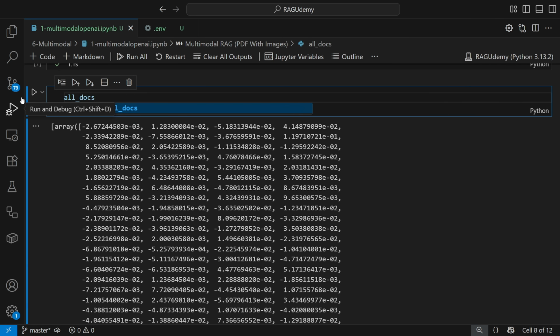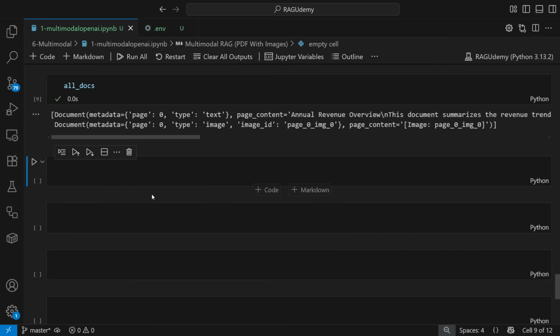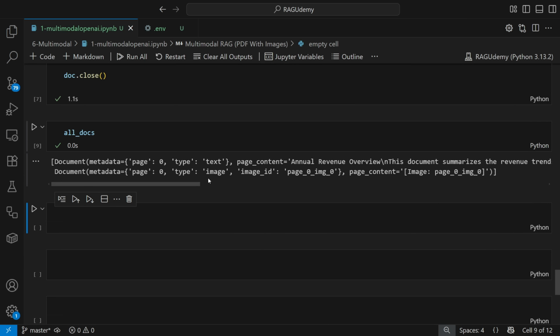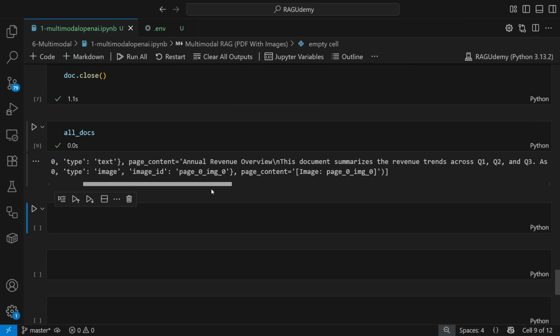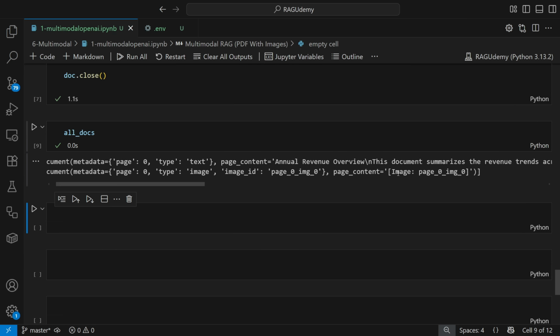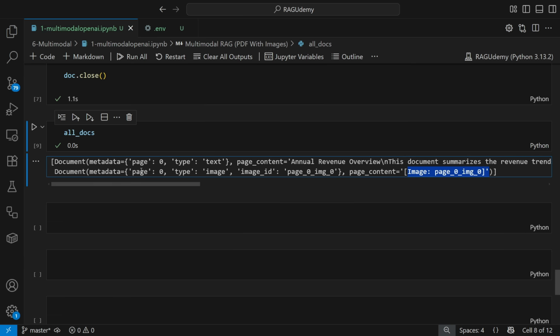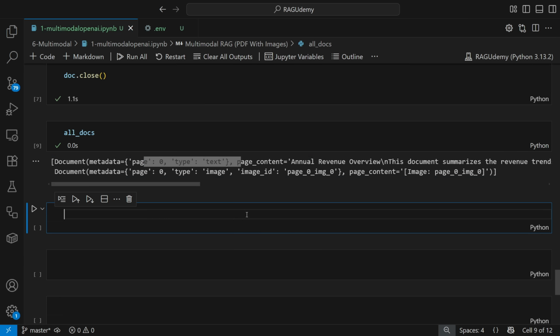So how many docs are there? Here you can see there are 2 docs, which is good. With respect to these docs, you can see the image, the image ID information, and this is my text. So this is my type image, and this is my type text. Here we are able to get this. This is perfect. Now the next step is that we need to go ahead and create a vector